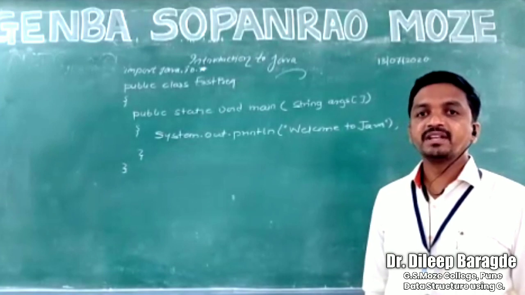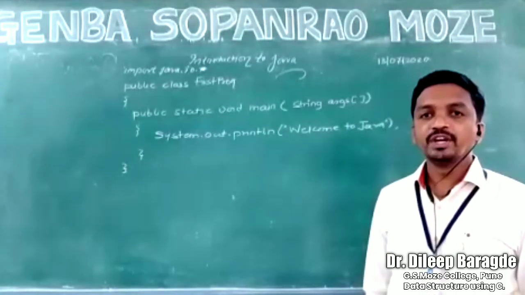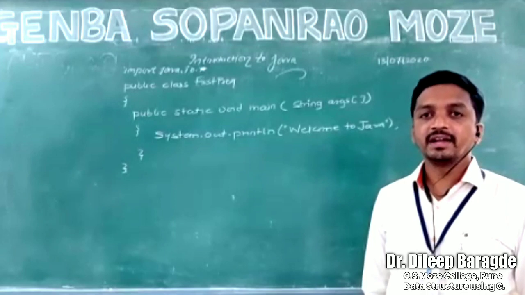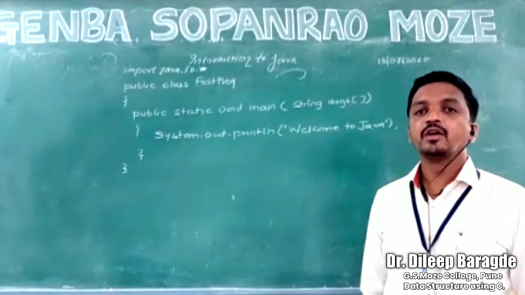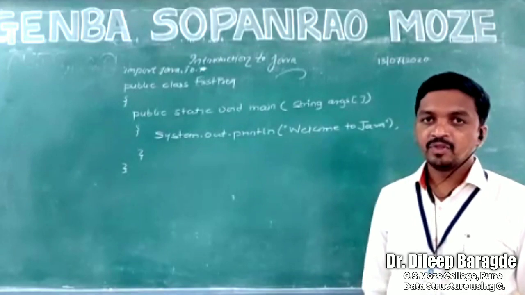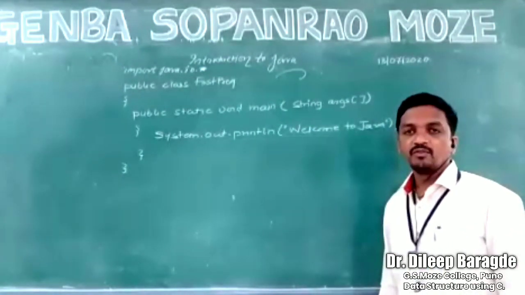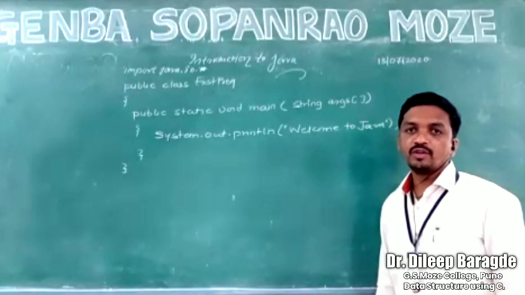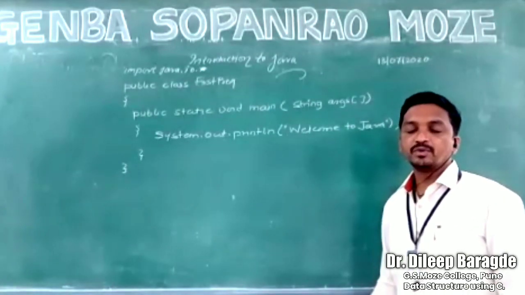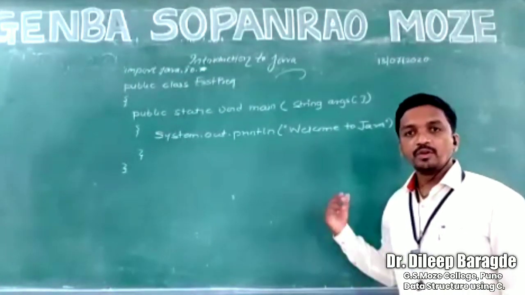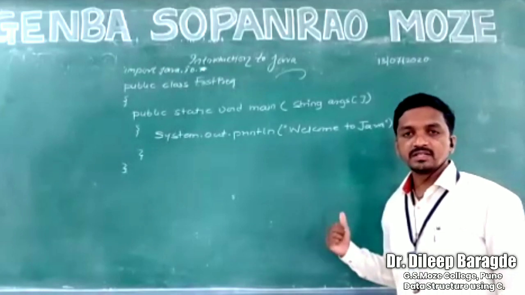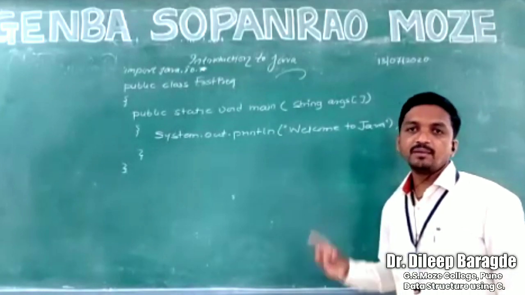If you accept in a string format, then there is no need to convert it into another data type. So that's why, by default, the data type is string. So if you want to accept anything, whenever you declare any variable, String args, then we cannot pass any parameter in the main function also.